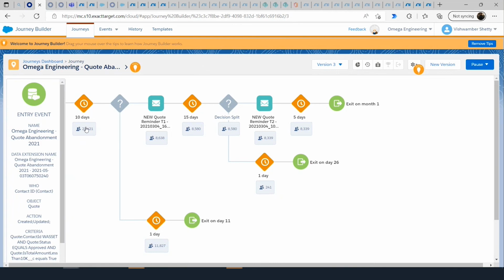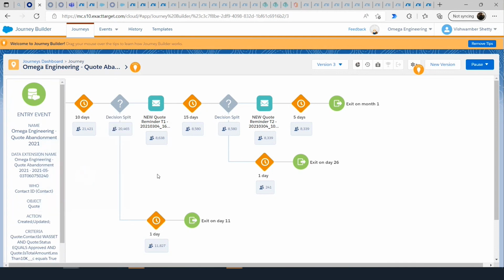Over here, what we're trying to say is wait for 10 days after a quote is created, and then send out an email saying, hey, it's been so long, you've not responded to the quote, you've not placed an order on it. Then you again say wait for 15 days, and based on XYZ analysis, send another reminder, and then after another 5 days, say, okay, looks like the customer is not interested, so let's not disturb him any further. That's where this helps.